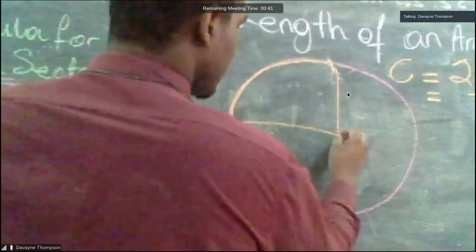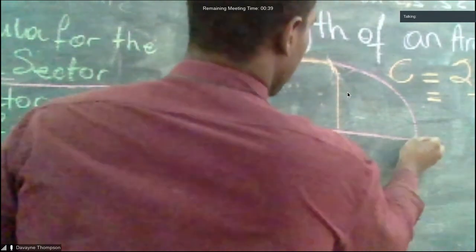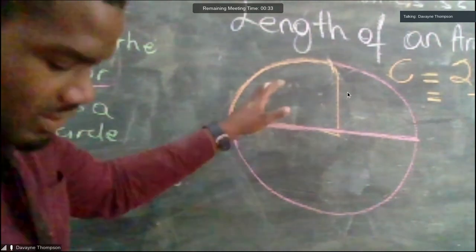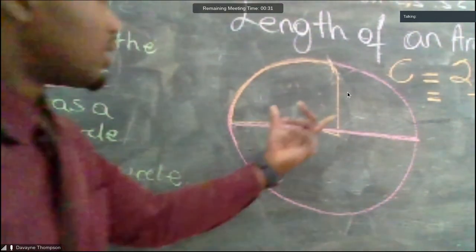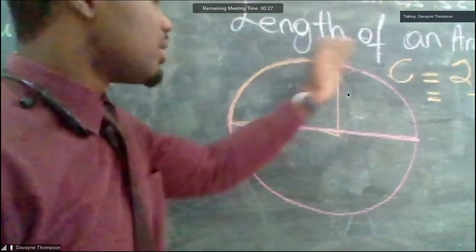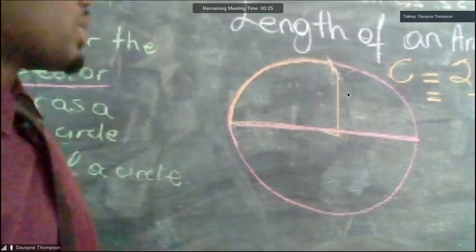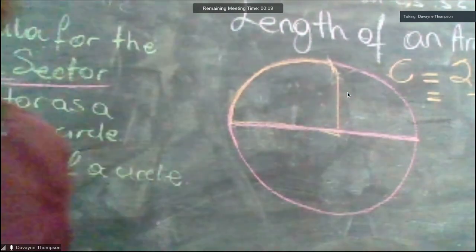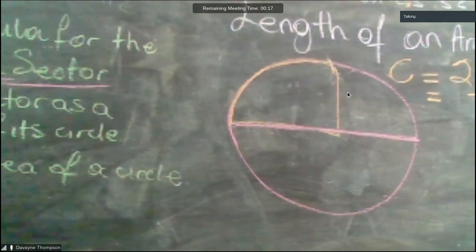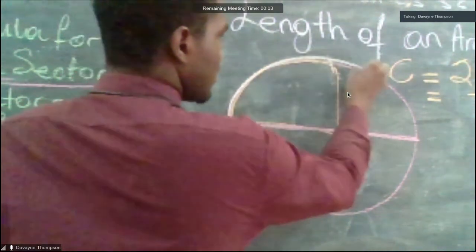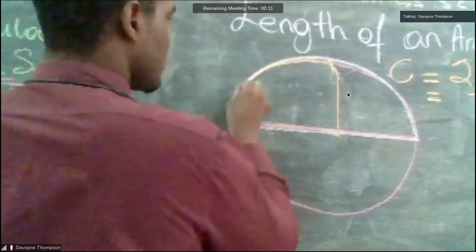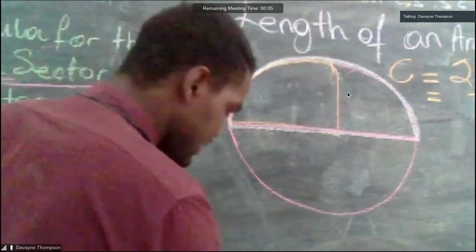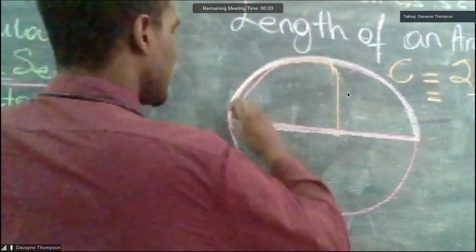When we look at half of a circle now, this would have been one section and this would have been another section. So whenever we say that it takes up half of a portion, let me highlight it in another color. This section is one part of an arc. So whenever I say it takes up half of it, like for example here,